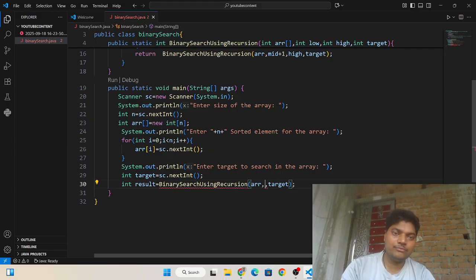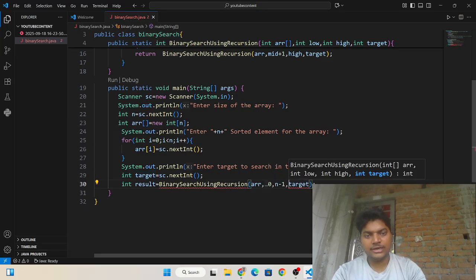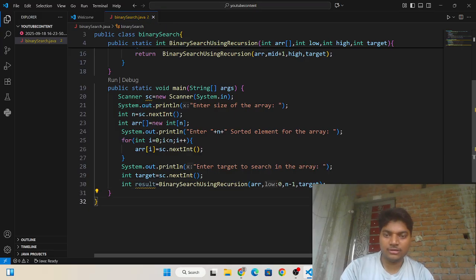First I am passing low, so low should be the starting element of the array, and high is the ending element, so I need to write here n minus 1, the ending element of the array.